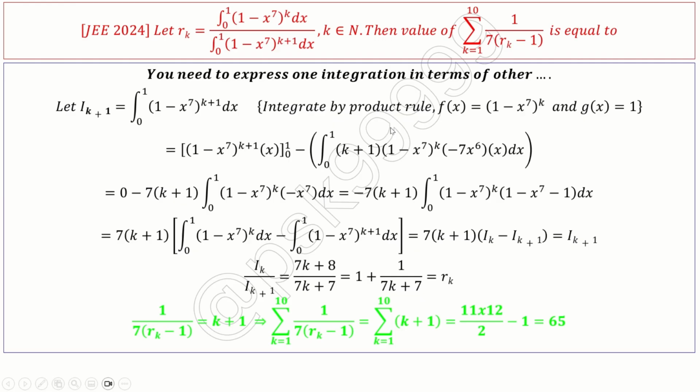Next, this is one of the very important techniques: express one integration in terms of the other. Basically, most of them are index based, or power or something will be common. This is how we should do it. Next,